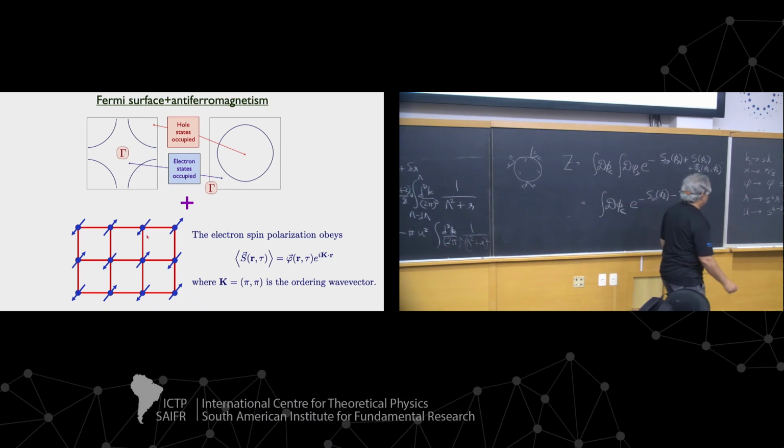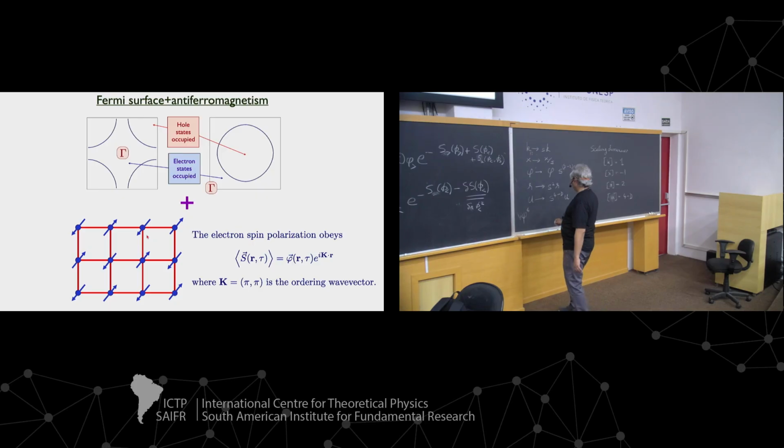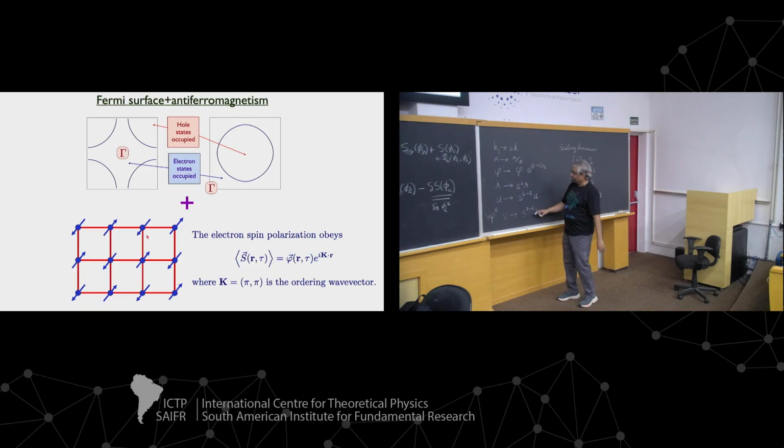Well, suppose I had a term in the action, which was, say, often it's called v phi to the 6th. Then v, you can again work out its dimension, and that turns out to be something like 6 minus d, or yeah, it's d minus 6, and so on. So what happens is that when you're below 4 dimensions, only u starts to run off to infinity. V and any other term does not.